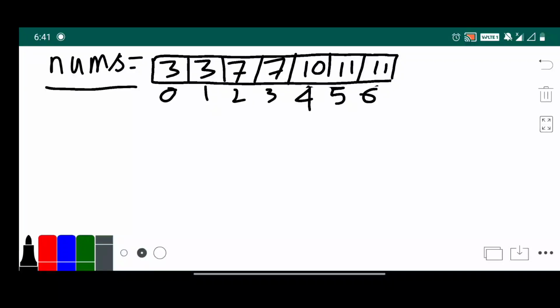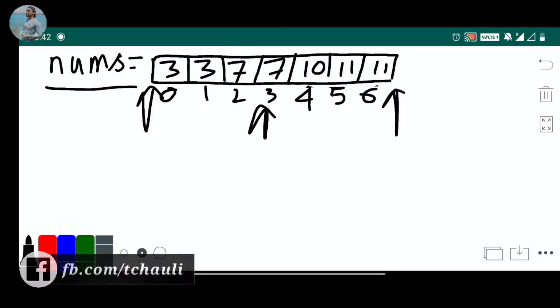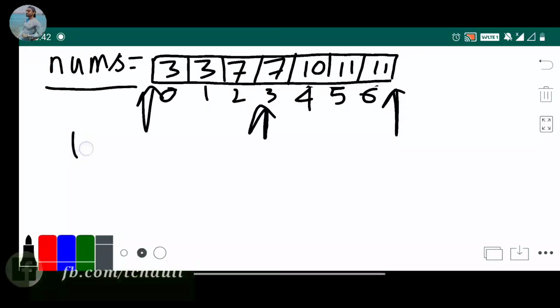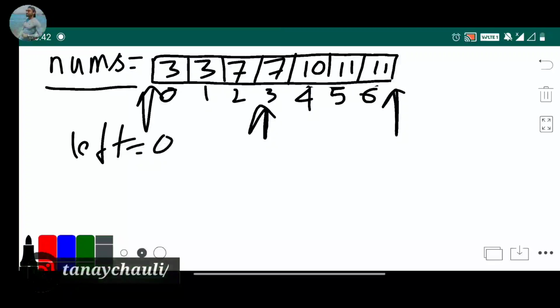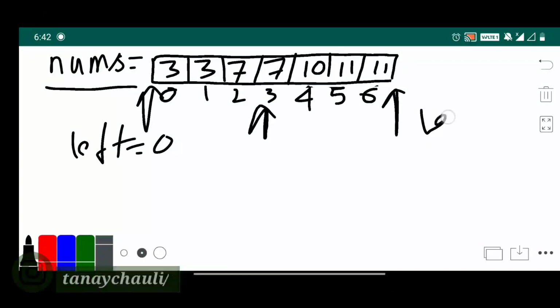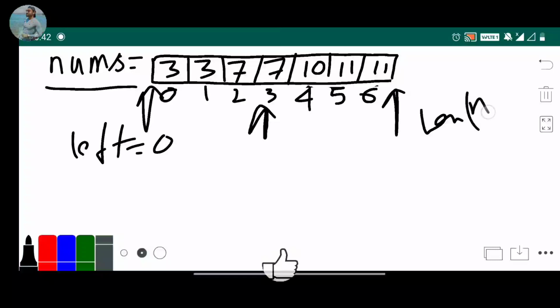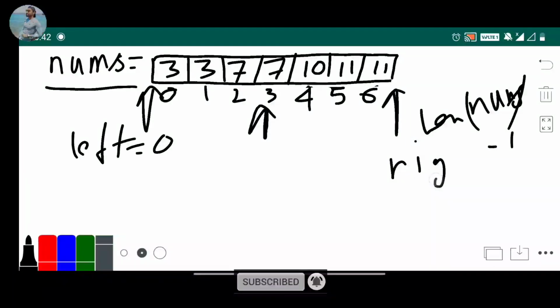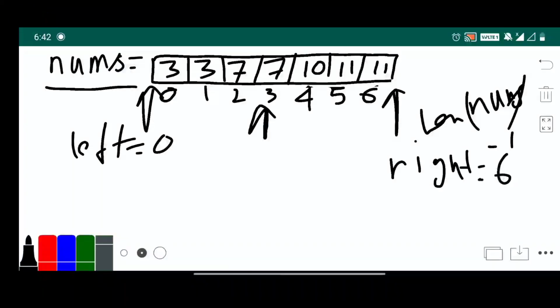So we are taking 3 pointers, that is left, right, and another pointer that points to mid. First we start with left equals 0 and right equals len(nums) minus 1. So len(nums) is 7, so right is 6.